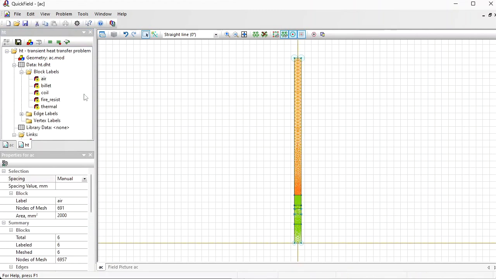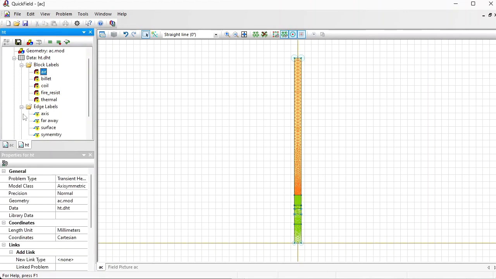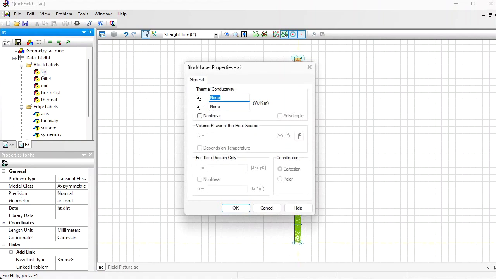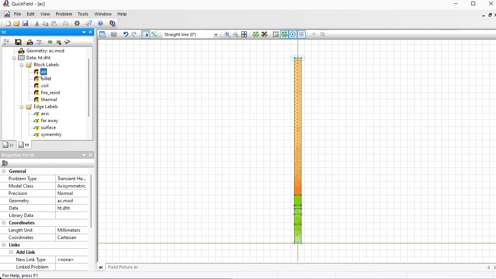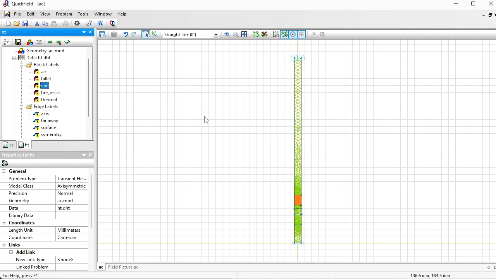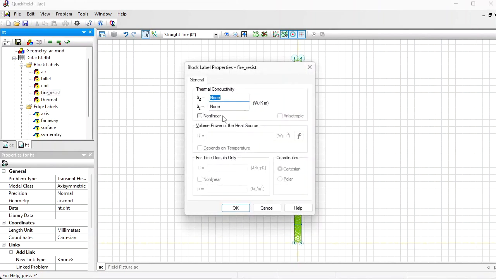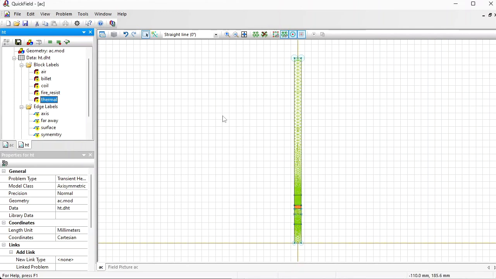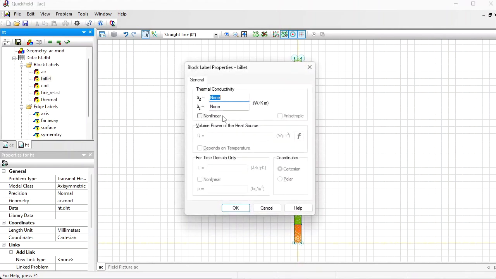In a thermal problem, I should provide thermal properties for these labels. I'm not going to calculate the temperature distribution in the air, so I don't specify any properties here. And you see the exclamation mark next to the label name. That means that the field will not be calculated in the blocks with this label. I'm not interested in the temperature distribution in the coil, nor in the insulation, only in the billet. And for the billet,